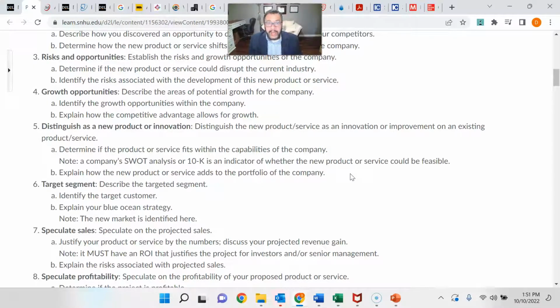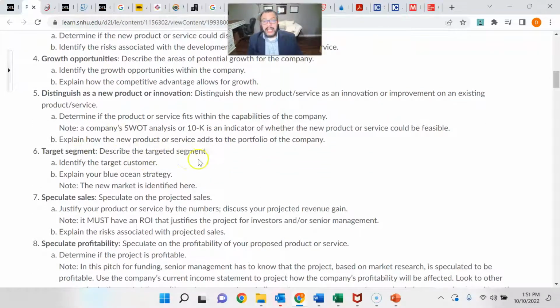You're just saying what if they're doing it or not, okay? Target segment, you're going to, again, go to your target customer, and don't just talk about demographics. I've been trying to hone in on this as you guys are talking about your target customer along the way. You want to actually have a profile. You want to say, who is the group of people that I'm marketing to with my product?